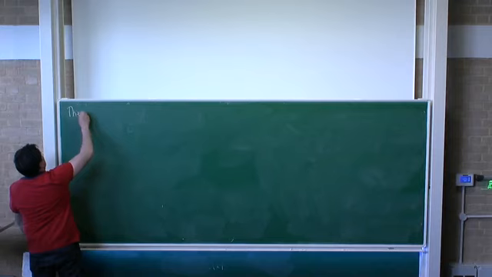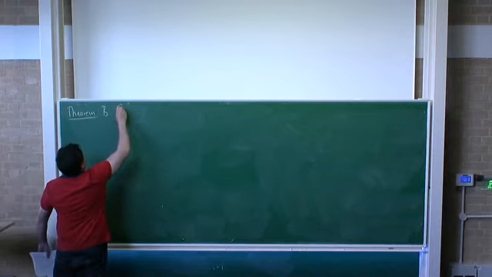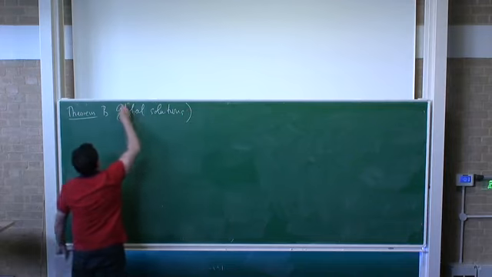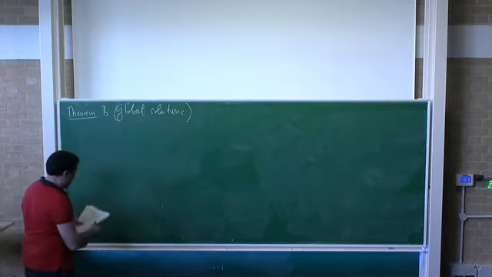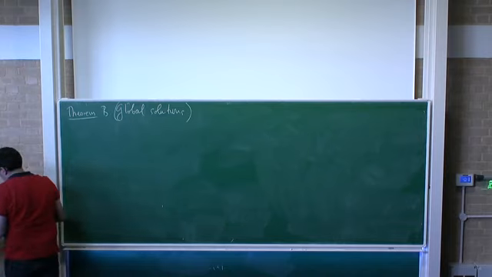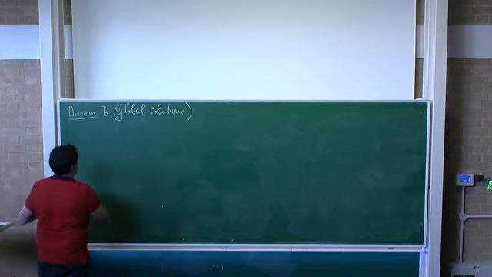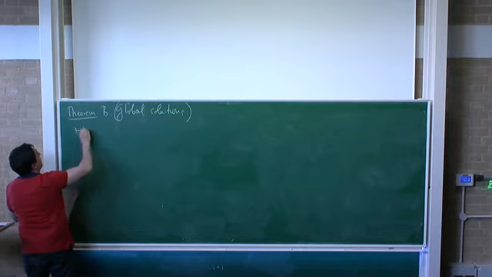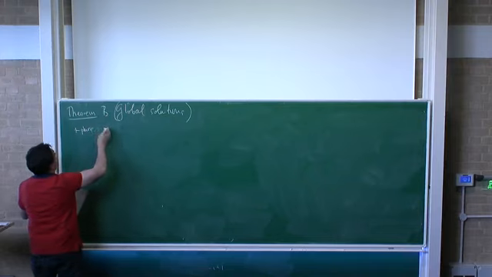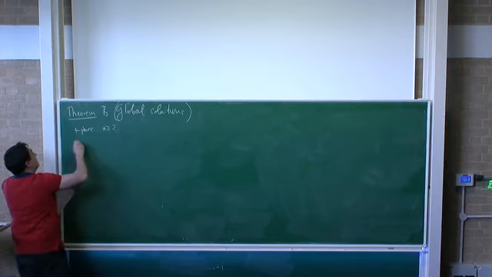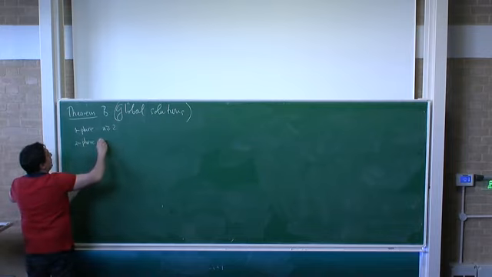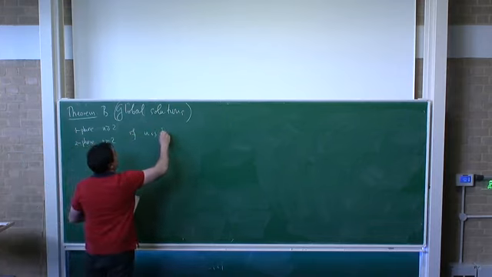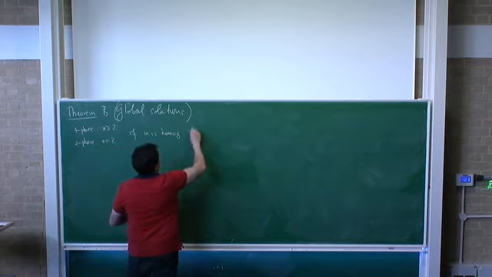I'll say theorem B is about global solutions. For global solutions, again I'm going to consider two cases. So one phase case, in which your n is arbitrary, and then the two-phase case, where I'm going to assume that n is 2. And then if U is a homogeneous global solution,